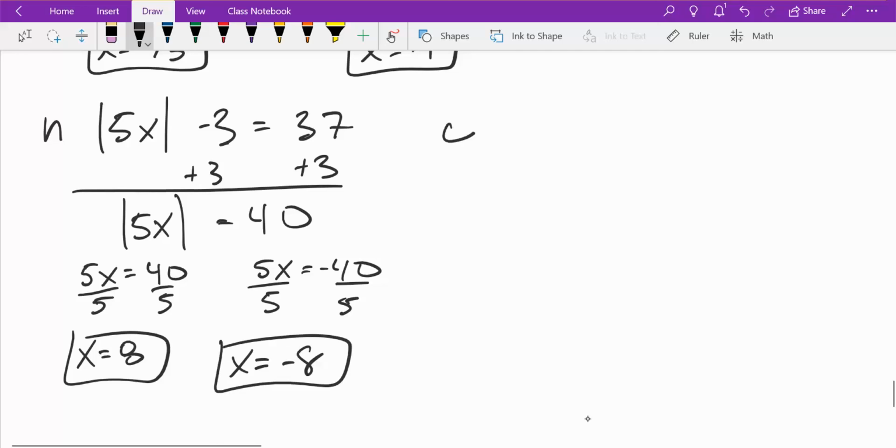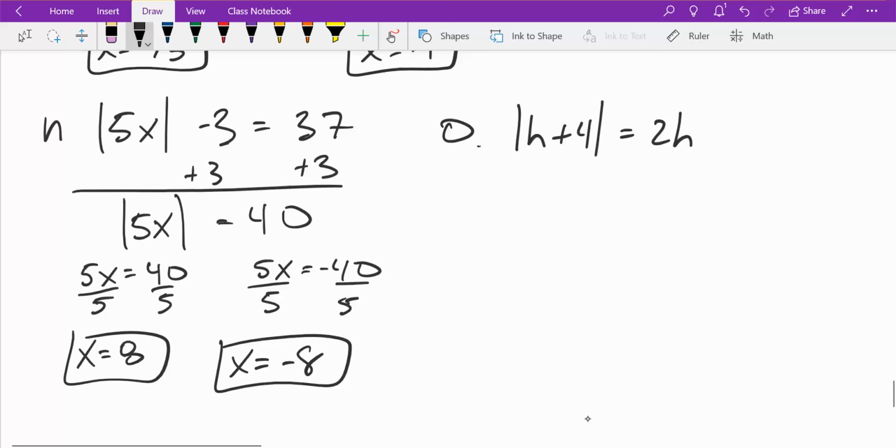O, 1/2 times the absolute value of m plus 3 is greater than or equal to 4. Oops, wrong problem. Wrong problem. O, absolute value of h plus 4